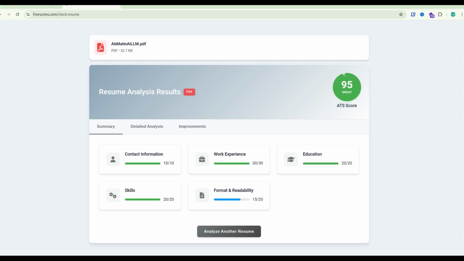Contact information, 10 out of 10, it's 100% complete. Work experience, 30/30, it's 100% complete. Education, 20/20, it's 100% complete. Skills, 20/20, it's 100% complete. Format and readability, 15/20, it's 75% complete. ATS score, 95/100, it's